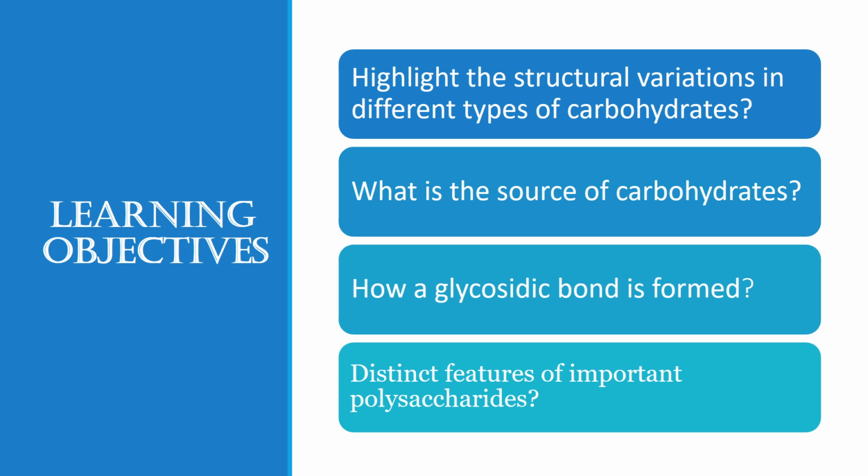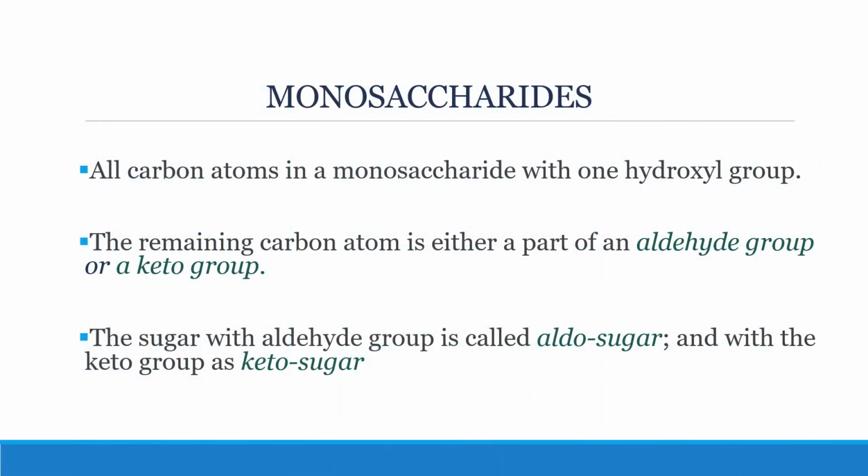And lastly, we will also focus on some of the very distinctive features of the polysaccharides. Starting off with the monosaccharides, as they are the simplest form of sugar, they are all carbon atoms with one hydroxyl group, and there is also a presence of an aldehyde or a keto group that is attached to the